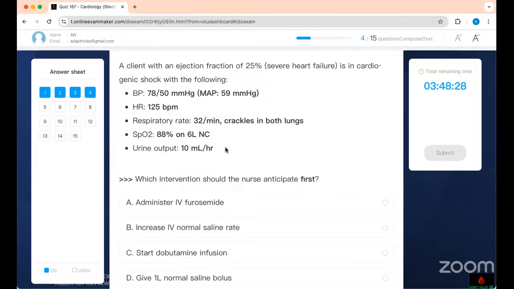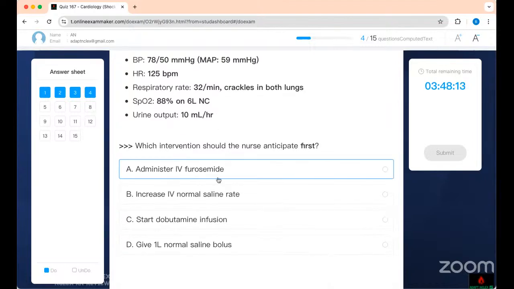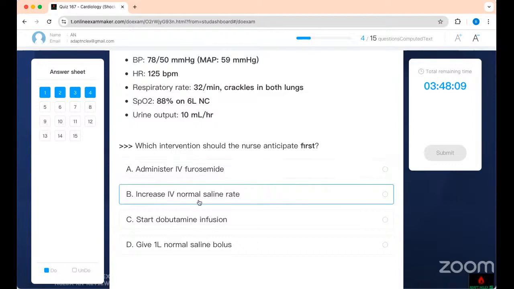In cardiogenic shock, your heart is weak. You've got to squeeze it. Fluid will worsen cardiogenic shock. We have a patient with severe cardiogenic shock. What do you think we should give them? Furosemide, you get rid of the fluid. Increasing your IV fluid, what is it going to do? More fluid goes to the heart. It's not a fluid problem when they come in with cardiogenic shock. It's because of a squeezing problem.